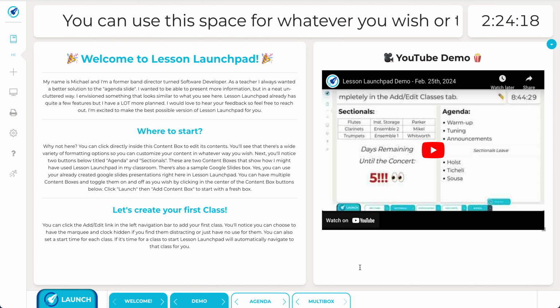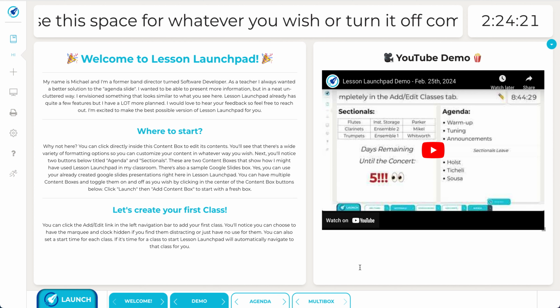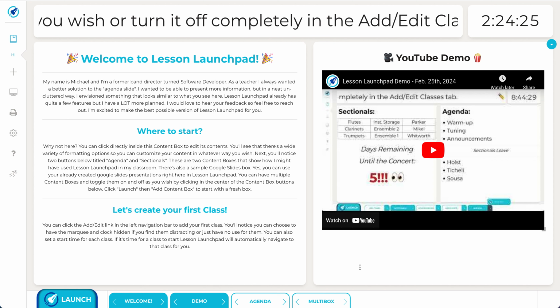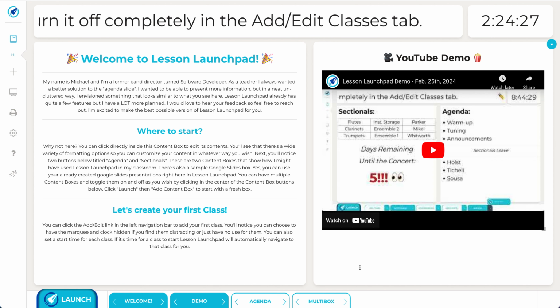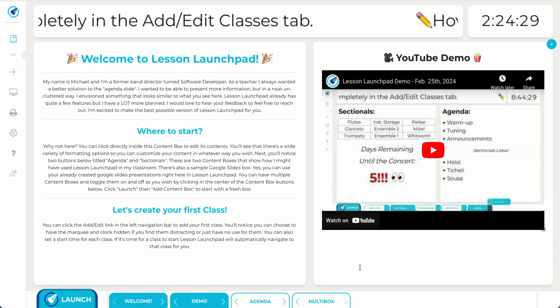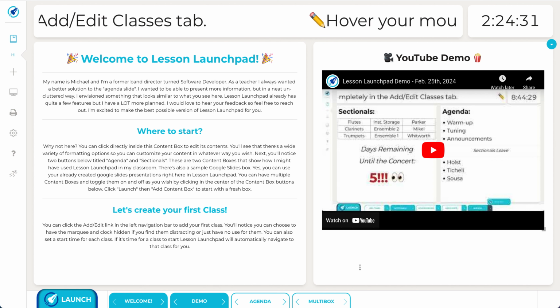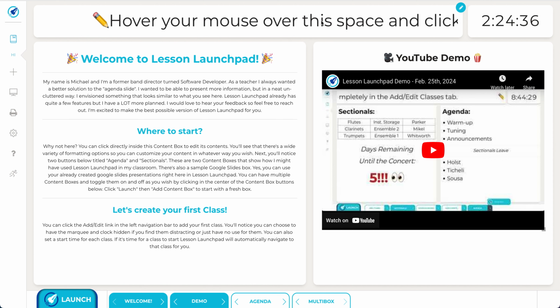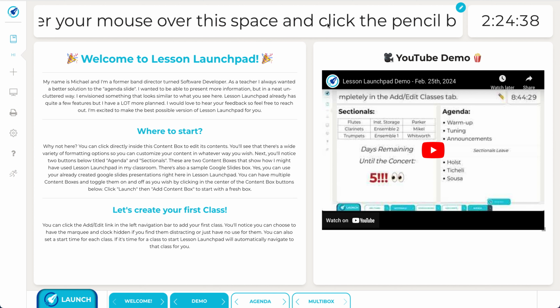The current features of Lesson Launchpad. What you're looking at here is the present screen. This is what you would have up on your projector, on your smartboard, whatever you have to present your lesson content to your class. You'll notice the present screen has a scrolling announcement marquee up here at the top and